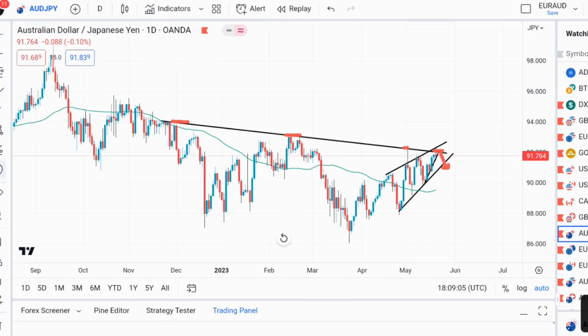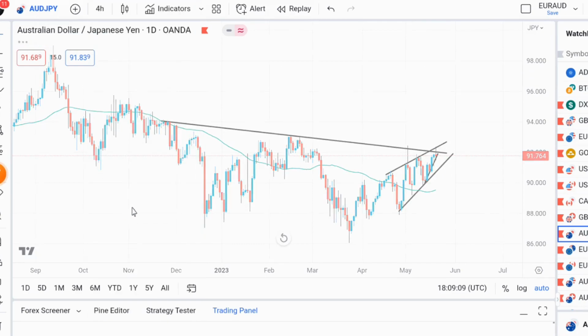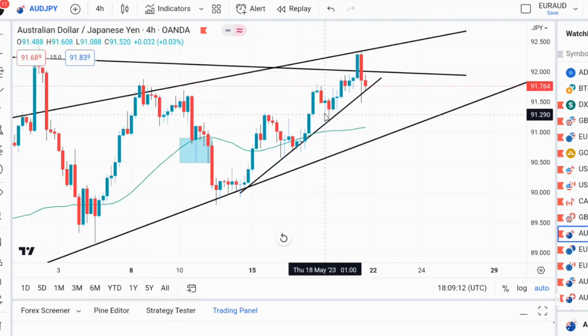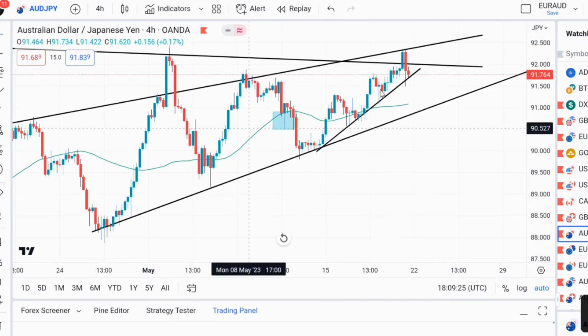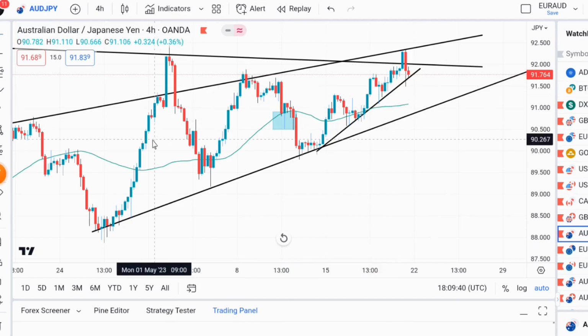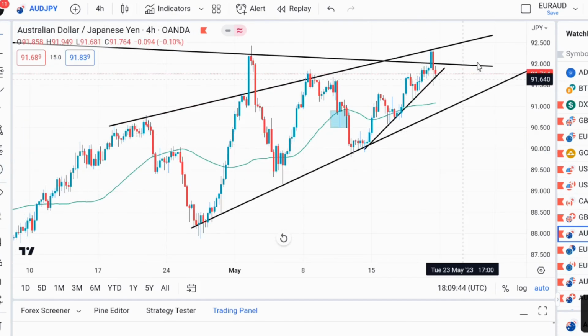Let's go to the 4-hour time frame. At the 4-hour time frame, if we have a break of this zone right here, then we can go for long on AUD JPY. But all the bias right now is to the downside. If we break, we might have a retrace to this level and a move back to this level before you can see a break of the trend line to the downside. So on a long term view, my bias on AUD JPY is to the downside. So let's see how it goes right there.